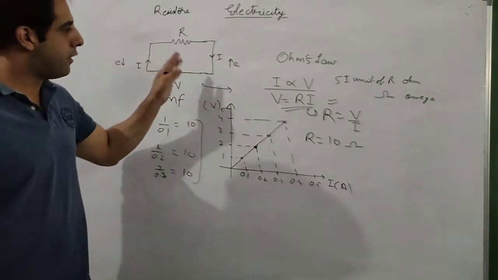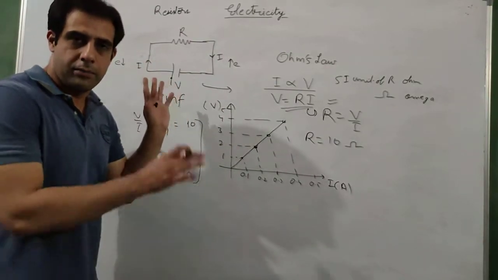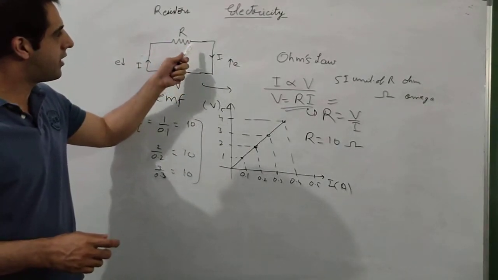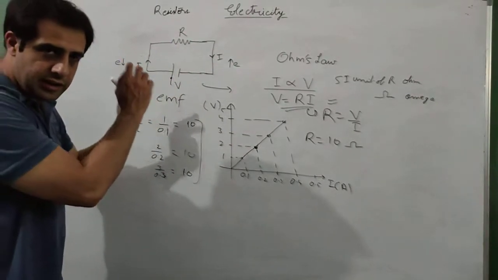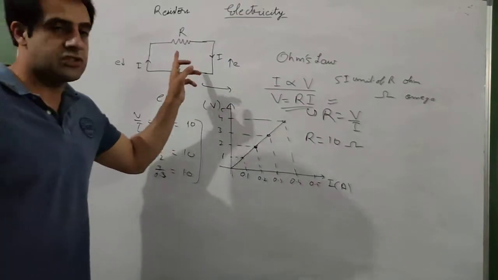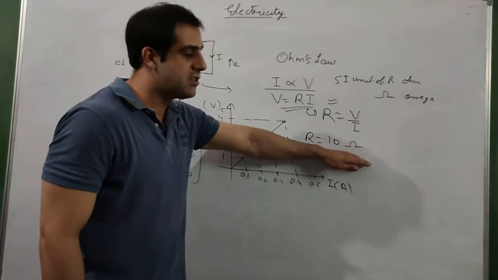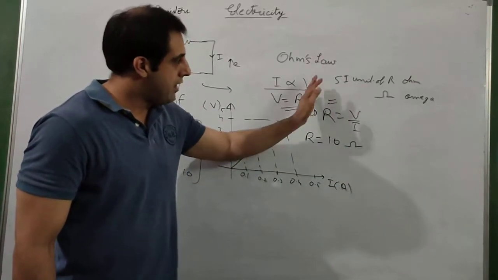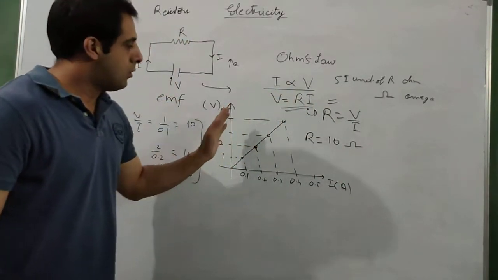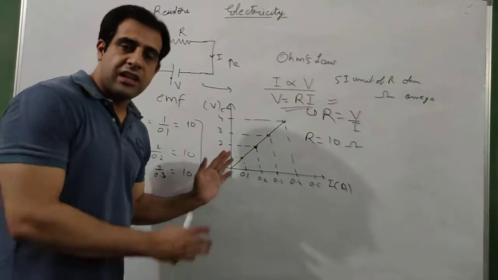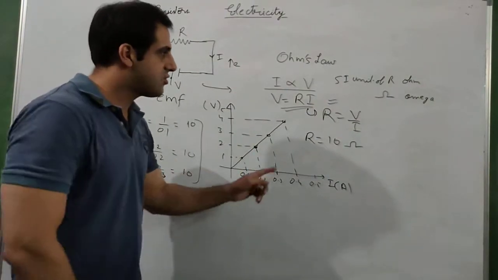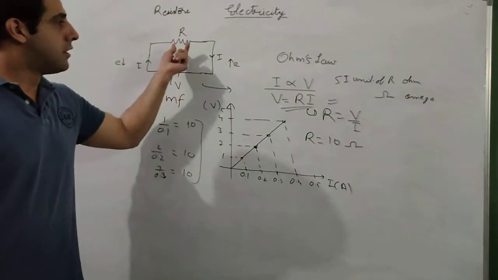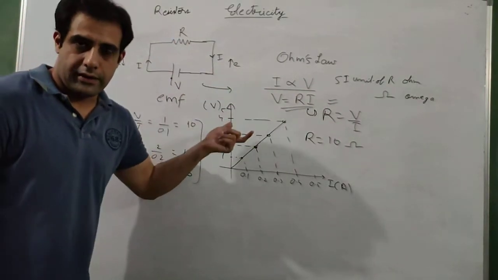Okay. Now for one particular conductor, if in this circuit we are not changing the conductor, we are not changing the device, if the circuit remains the same, then the value of resistance will not change and it will always be equal to 10 ohms. Why? Because V is directly proportional to I. So V and I will increase in equal proportions, and that is why R will always be the same for a particular resistance, for a particular conductor.